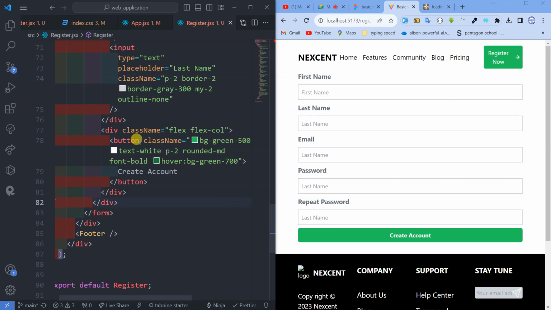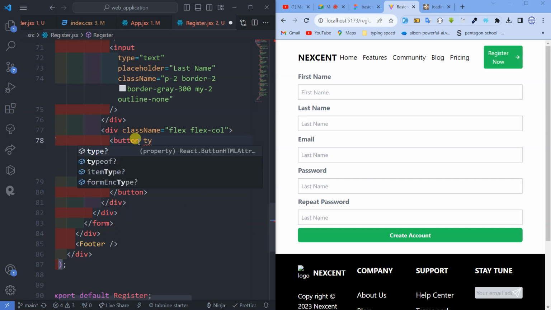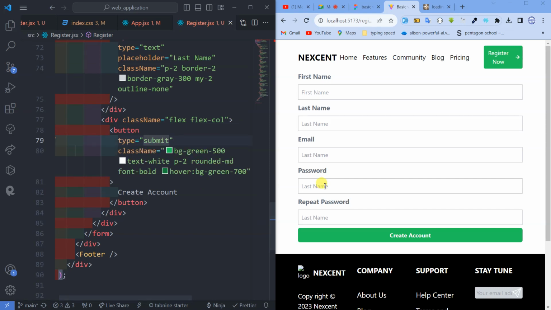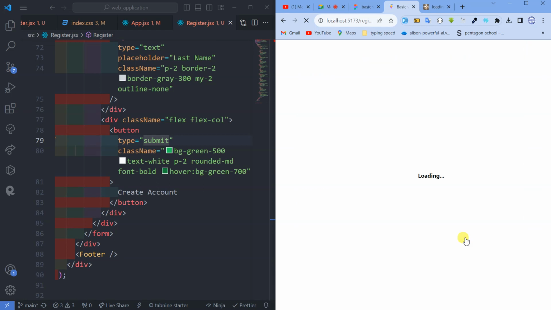this button has a type of submit, so you can type here type dash submit, like this. That means when I click like this, it will submit this into the backend to save it into the database so that the person can be registered. Okay,